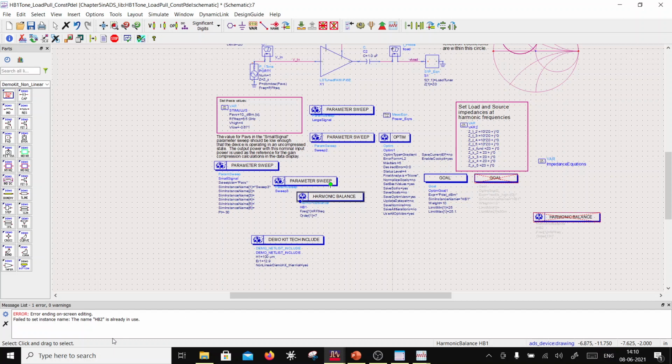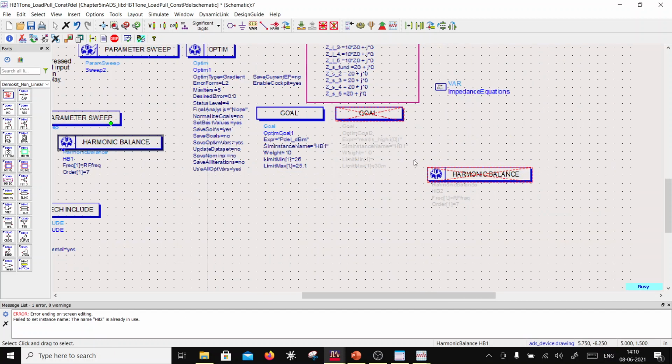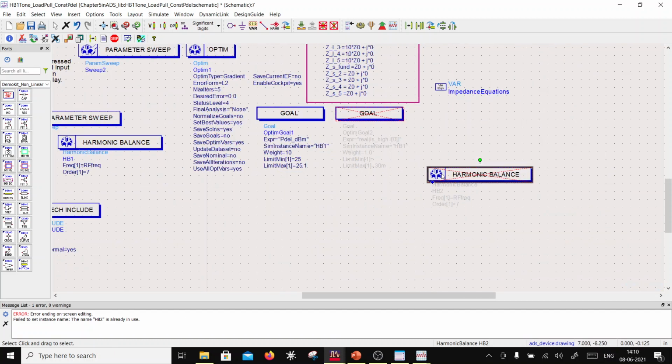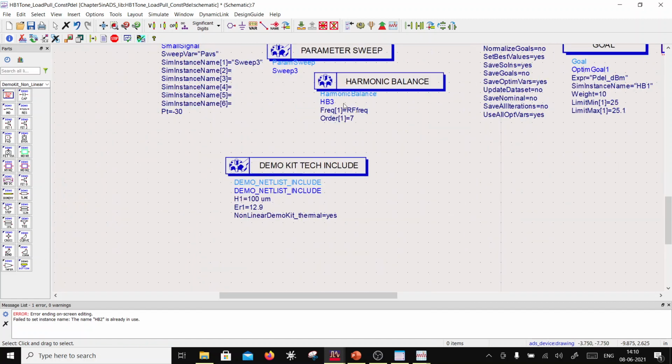Already in use. Okay, so this will be HB1 and that will be HB2. So let's make it HB3 for now. Let's enable this one, put here back HB1 and put here back HB2,